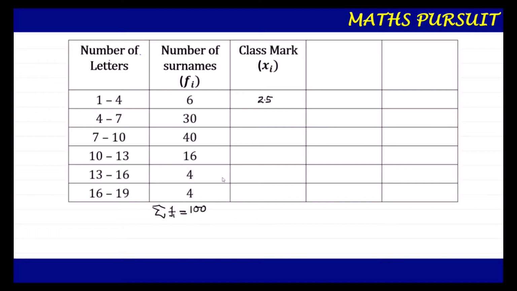So guys, if we can move ahead in doing like this for the rest of the figures, but in order to make our calculations easier and faster, we know the class height is 3. That means the upper limit minus lower limit is 3. So we will add this 3 to the class mark that we get in order to get the next class mark. For example, like 2.5, if I add 3, I will get 5.5. This 5.5 is going to be my next class mark.